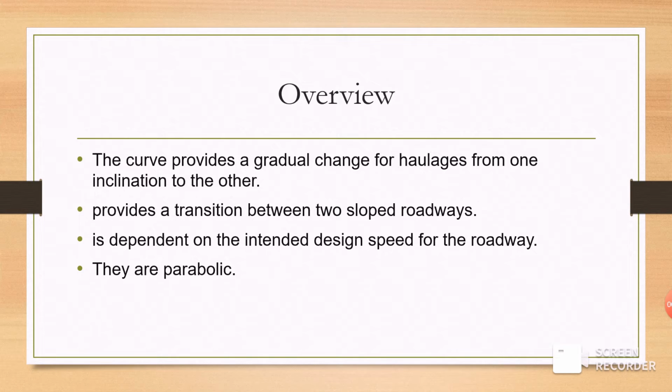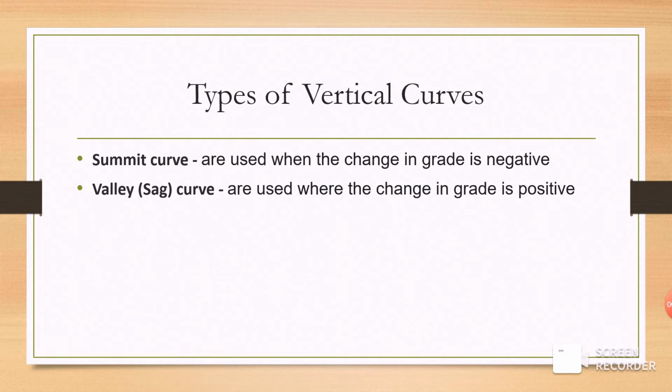The curve leading to the top or brow of an inclined plane would be the convex, and at the bottom would be the concave. So these are the two types of vertical curves. The first is the summit curve, and the second is the valley or the sag curve. So for the summit curve,